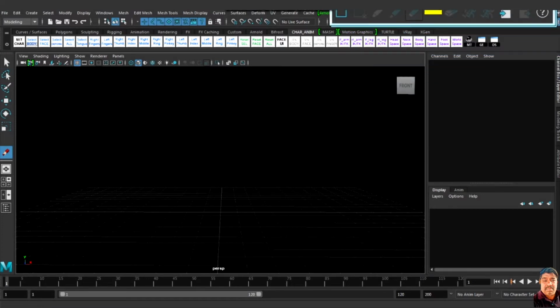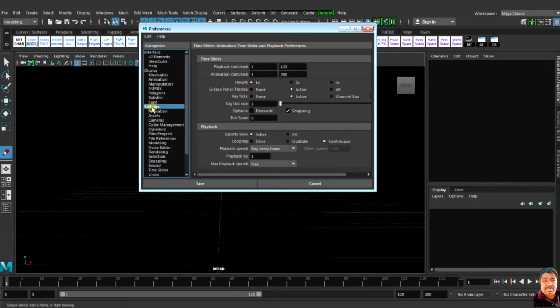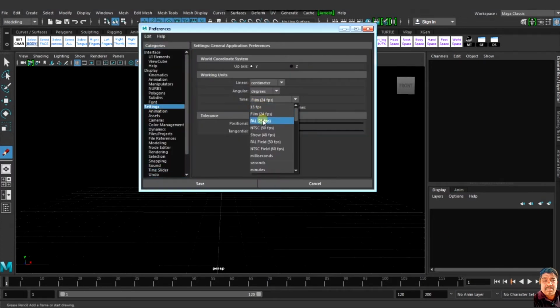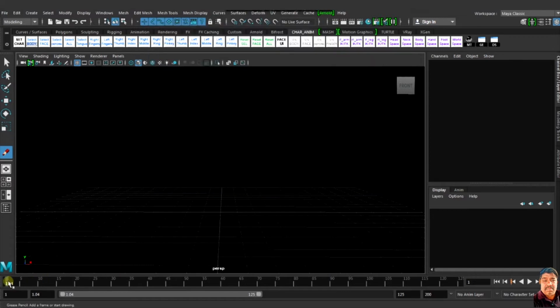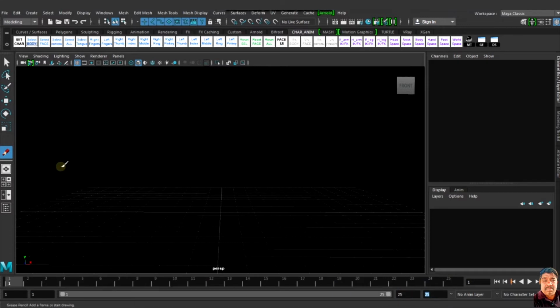First of all, I go to preferences. In settings I make it 25 frames per animation. I can make it linear, and the start is now 1. I have to make it 1, and I have to make it 25 frames. By drawing, I show you the walk cycle first. Then I go to 3D.